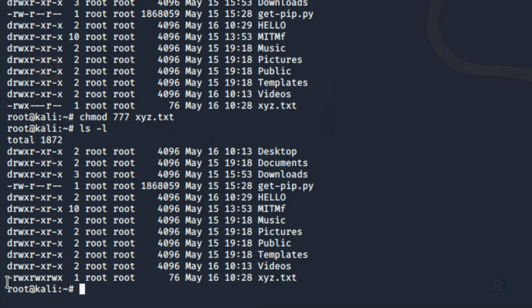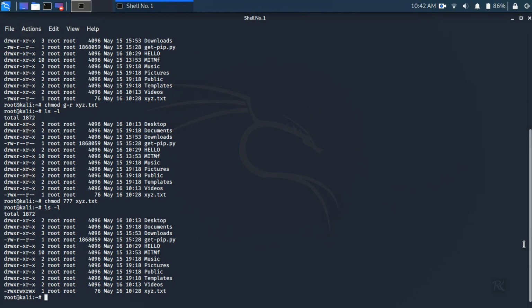Now you can see that there is rwx three times. It means the read, write, and execute permissions are granted to this xyz.txt file. But previously, limited permissions were given to this text file. Using this command, you can give permission or remove permission for any privilege.